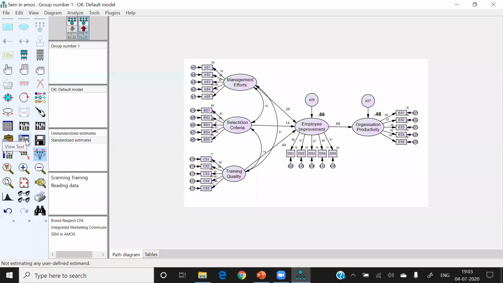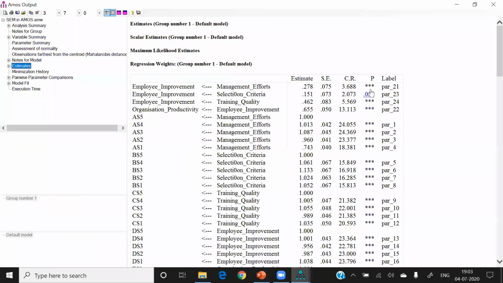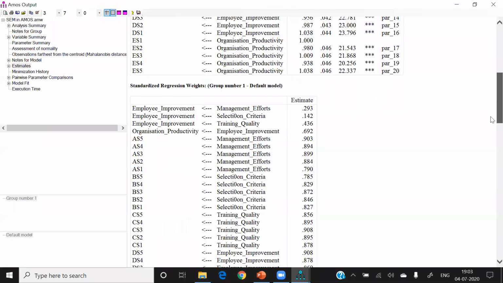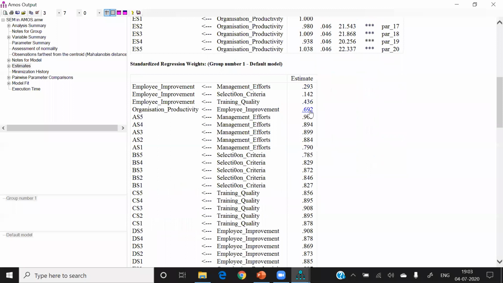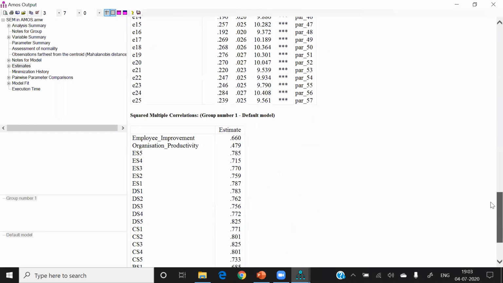Let me go to the output again. After examining whether the hypotheses are accepted or rejected, we are rejecting the null hypothesis in all the 4 cases. Then we can find out the impact, where it is high, where it is low. After that, we go to the correlations. Correlations are more than required. And the adjusted R square is 47%. It is a problem. 66% is fine. Then we go to the model fitness.